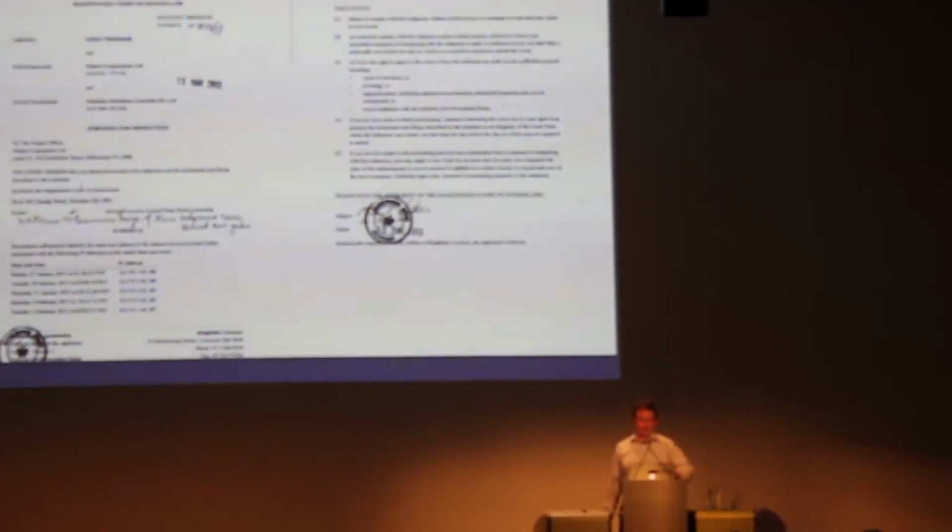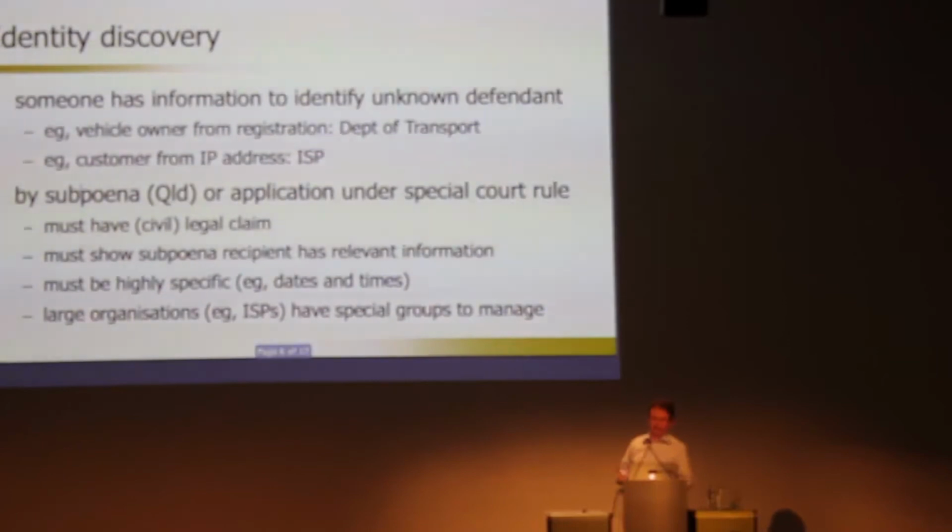Pretty straightforward, and you will see there's a little table at the bottom of the first page there that contained the date and time of the email and the IP address, which I've blurred out. And that was issued fairly simply as a matter of course. Telstra's costs to respond to this sort of subpoena, I think it was $50 from memory. And it was a way of tracking down someone through a third party. So in this example, it was using a subpoena for what's known as identity discovery.